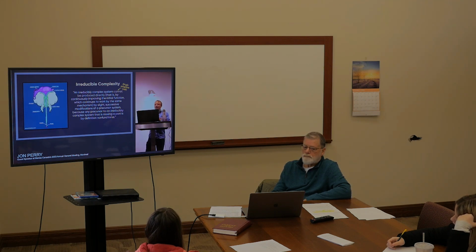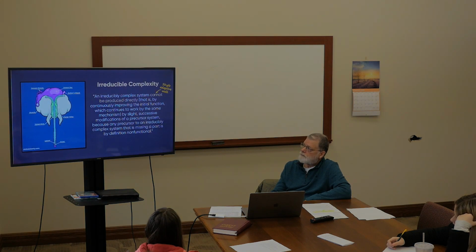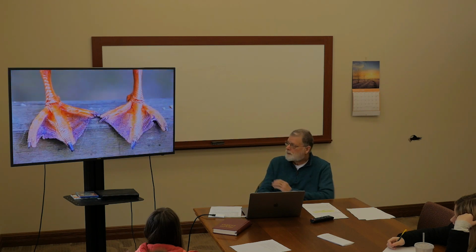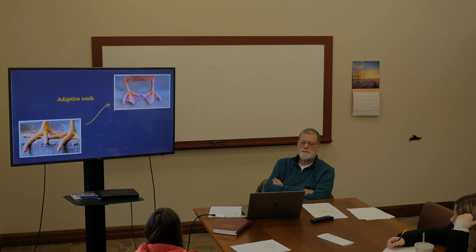An adaptive walk, in reality, is when something first starts to be selected for a new specific function. A good example of this, these are chicken feet. And you can see that the chicken feet have some webbing between the toes. If you look at a bunch of chickens, you'll notice that different individuals have more webbing or less webbing. There's variation here in any population of chickens. Then if you look at a duck's feet, you see that they have webbed feet, which are good for swimming. Well, chickens can swim. They actually can swim quite well, not as well as a duck. And it's pretty easy to imagine